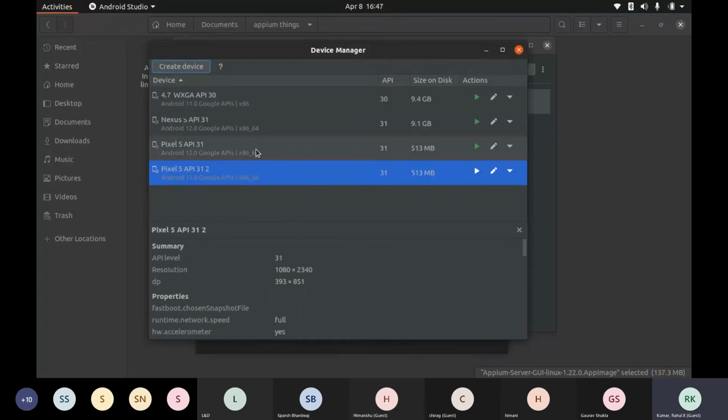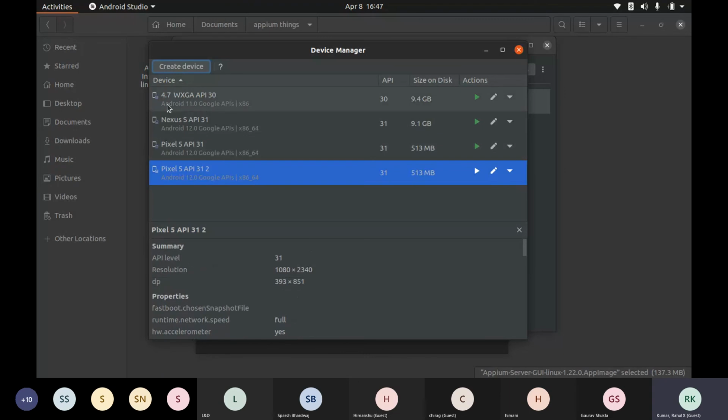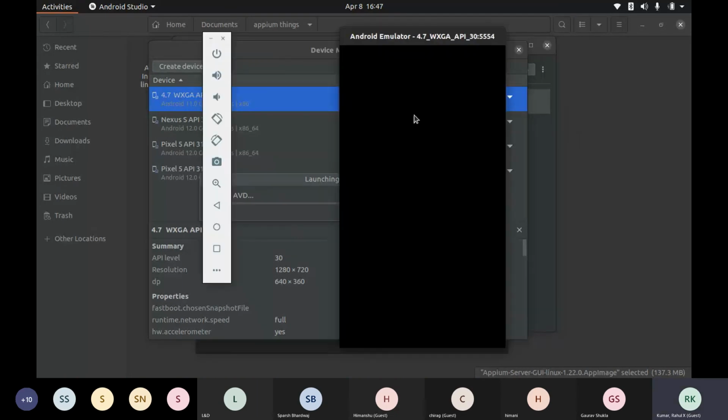Pixel 5 API 32, which is Android version 12.2, and on the click we get the details below: API level 31, resolution and DPI, and other properties also. For now, we use the 4.7 WXGA API. For running any one of them, we simply click to launch the AVD emulator. We simply click on that button, and the device is